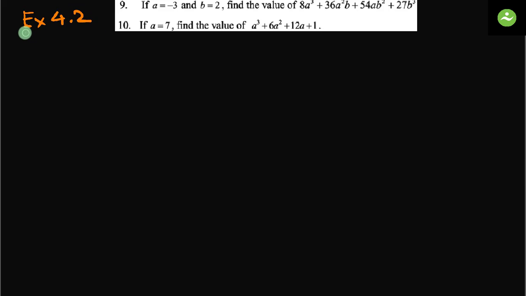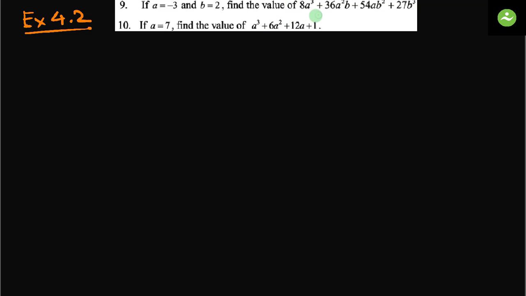4.2. Question number 9, 10. If a equals minus 3 and b equals 2, find the value of 8a cube plus 36a square b plus 54ab square plus 27b cube. We just have to find the value of this expression,